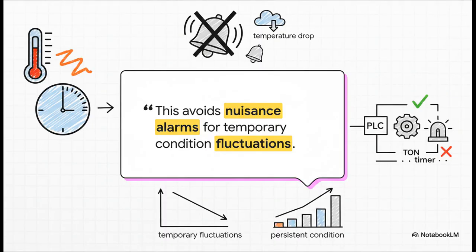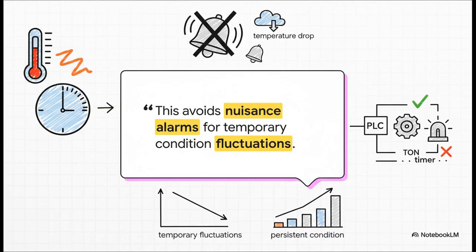Now, if the temperature goes back to normal before those 30 seconds are up, the timer just resets itself and nothing happens. No alarm, no panic. The siren will only sound if the high temp is a real problem that sticks around for that full half minute. It's all about avoiding those annoying nuisance alarms and making your system smart enough to know a real problem